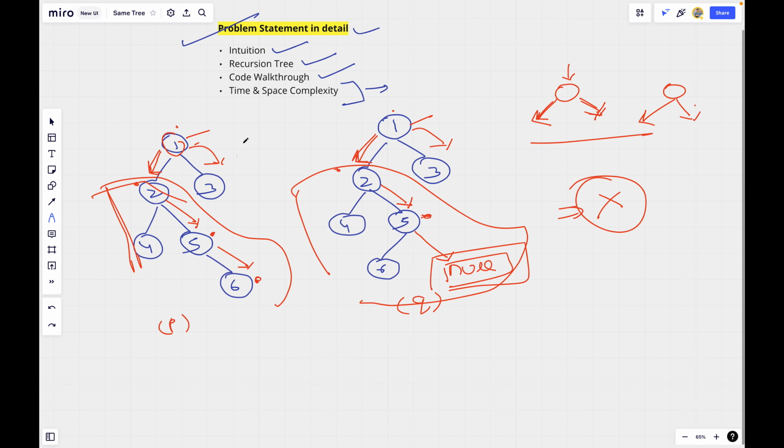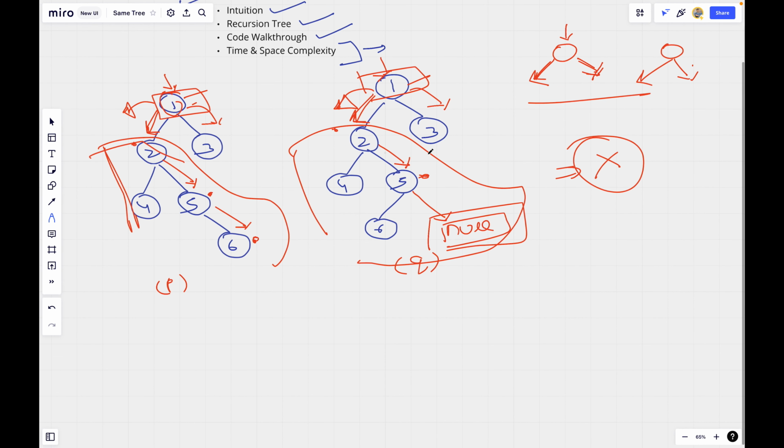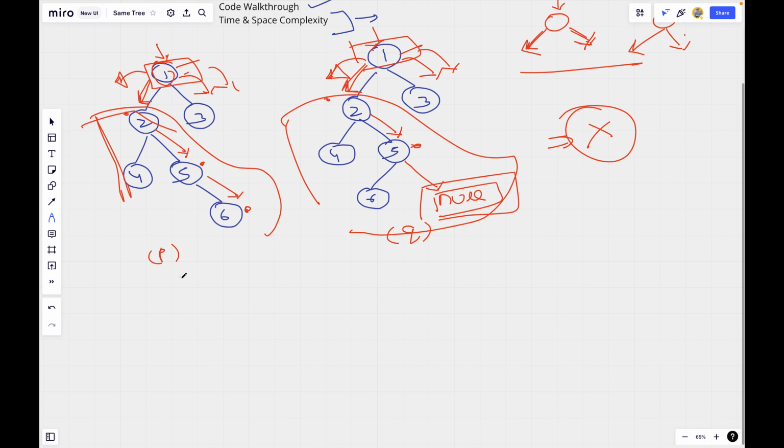So let us quickly sum up our intuition behind the approach. We start from the roots of the binary trees. We will check if its value is same or not, and if these values are same, I will move leftwards in one binary tree, and to keep moving in the similar fashion, I will move leftwards here as well. And after traversing these left subtrees, I will move rightwards, and to keep moving in similar fashion, I will move rightwards here as well. And recursively for every particular node, I will be checking its value as well. And while doing this, if I reach a certain point wherein both P and Q become null, then I will return true, that these trees are same.